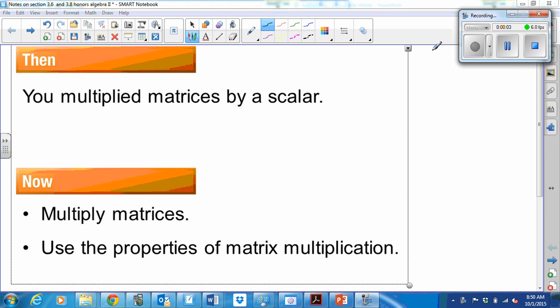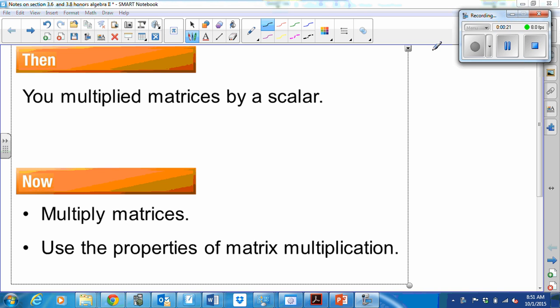So today is a heavy calculator day, so if you don't have your calculators, you need to go get them, because as I told you, we're going to be able to do all of our multiplying of matrices on a calculator. So in lesson 3.5, you learned to multiply matrices by a scalar,